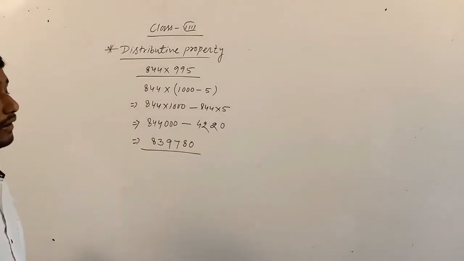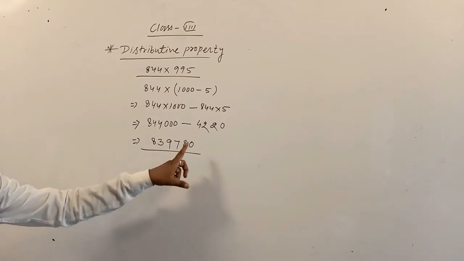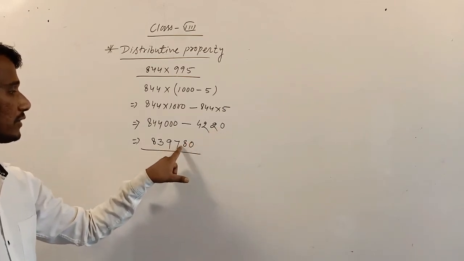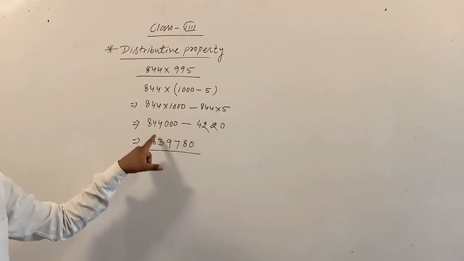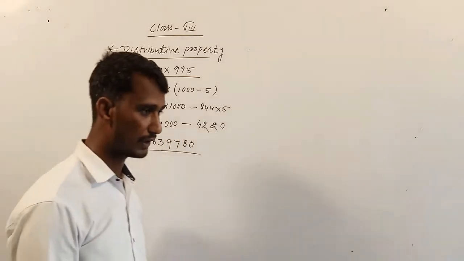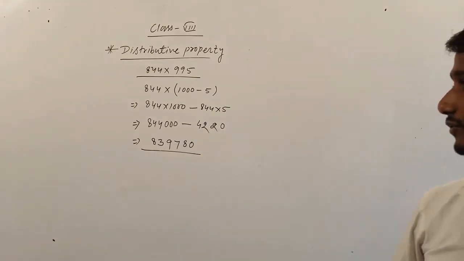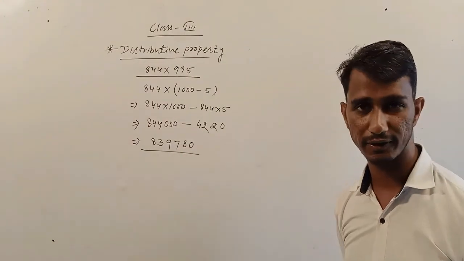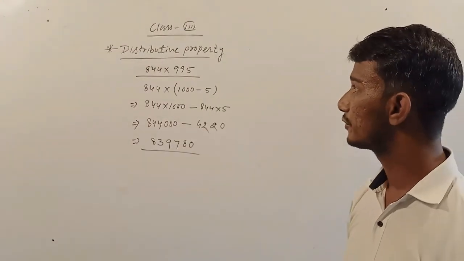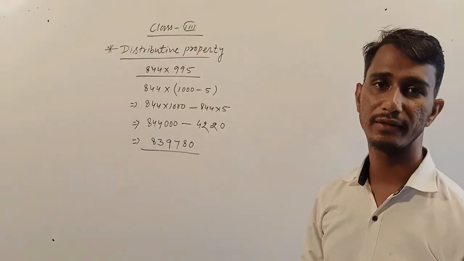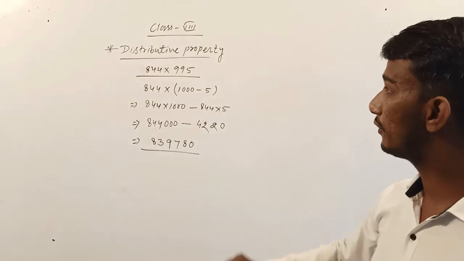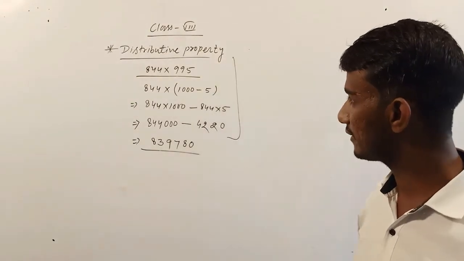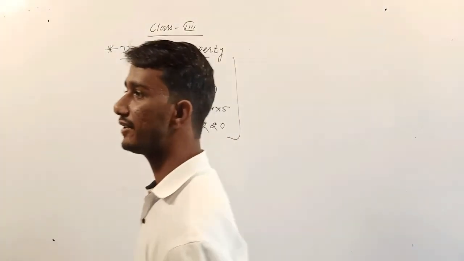Again check whether our solution is correct or not. Again add the numbers: 0 and zeros. 8 and 2, 10; 7 and 2, 9; and 10, 9 and 4, 13; and 14 and 4 and 8. It is our correct answer. Okay. In this way you can check your solution. If you add these numbers and you get this, then your solution is correct. So the distributive property is a very important property for you. Okay. And for your upcoming classes, in this way you can get the easy solution.